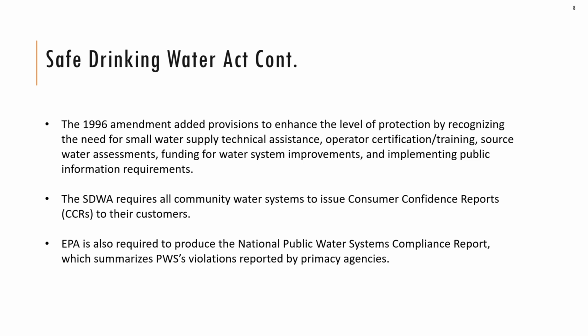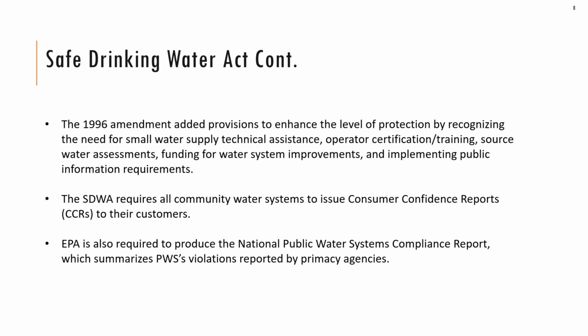It also emphasized that consumers have the right to know about their drinking water, and it encouraged water systems to engage with their public. So as part of the public information requirements, community water systems are required to develop and distribute consumer confidence reports, which are annual reports about the water consumers drink. It usually includes information on where their water comes from, what contaminants were detected, what violations, if any, were incurred by the public water system, and what the water system did to fix those issues.